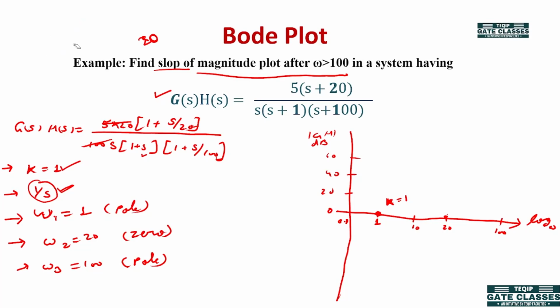So for this particular question, we have a single pole at origin, 1 by s, so the initial slope is minus 20 dB per decade, which will be crossing the 0 dB line at K equal to 1. Okay, so this would be the initial slope. This is minus 20 dB per decade, and next we have a pole with cutoff frequency omega equal to 1. So it will add on to this point till 20 dB.